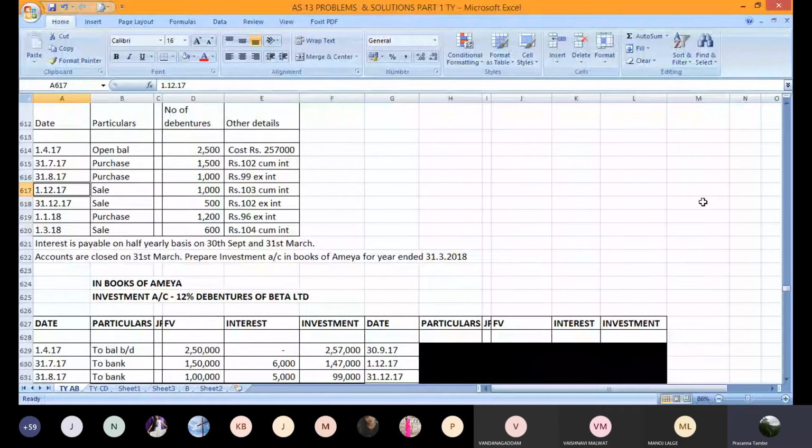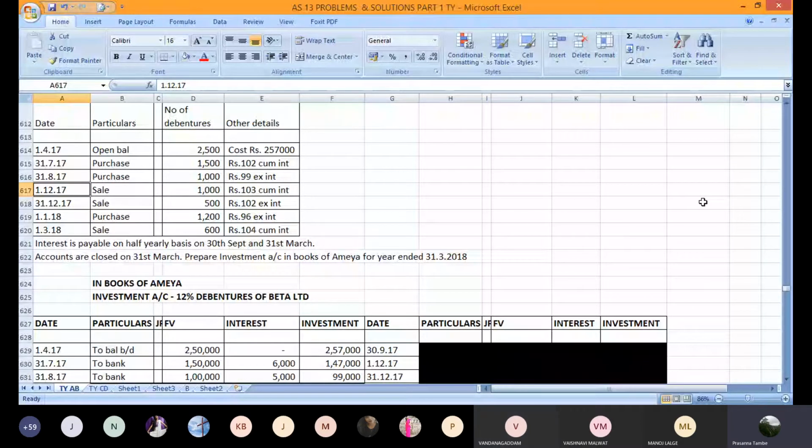See, when the company pays you interest, there is no question of having 2 months, 3 months, 4 months, 5 months. It will be from last due date for payment of interest till current date of payment of interest, and it will always be a fixed interval, either 6 monthly or yearly or quarterly or whatever. Okay, so it has to be on that basis. So your interest will be 6 months in this case. So on a face value of 5 lakhs, 12% per annum for a period of 6 months, how much will be the interest you will receive?